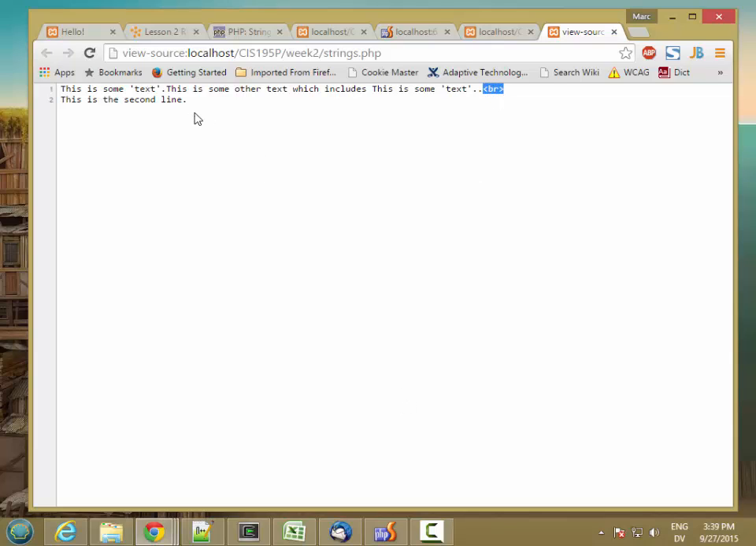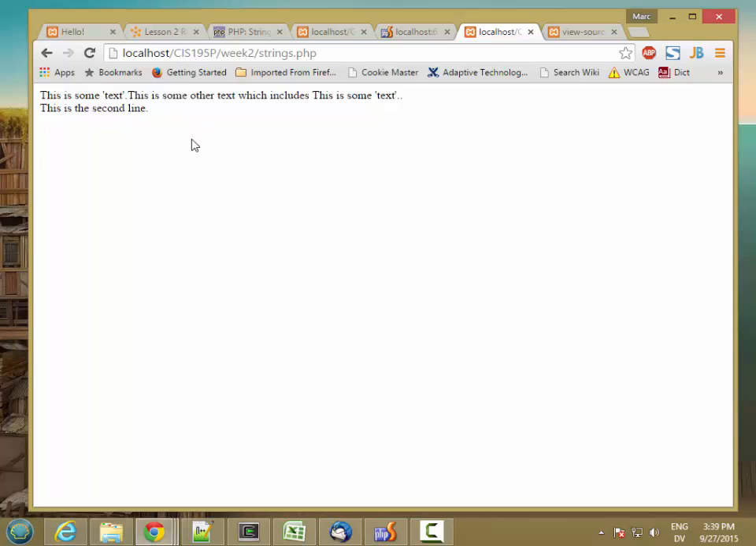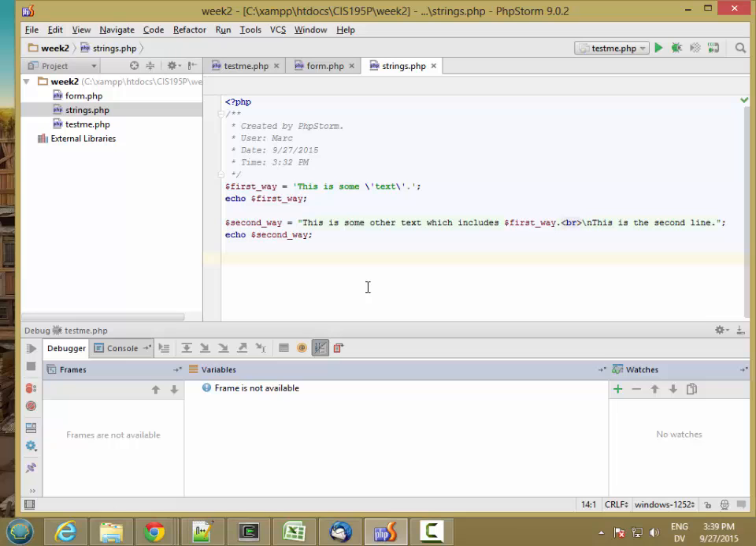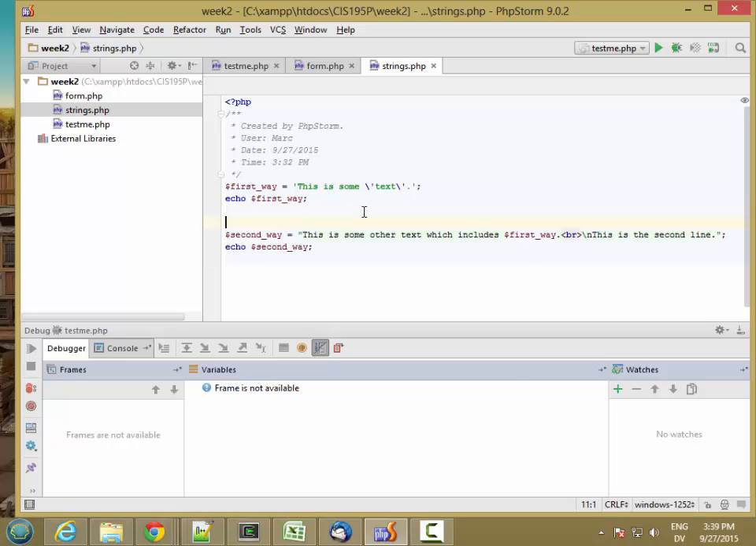So new lines are handy for anybody else who's looking at the page source, but they're not necessarily going to affect the contents of the page that you see on the screen. There is an exception to that. If you're inside of a pre-formatted tag, like so,